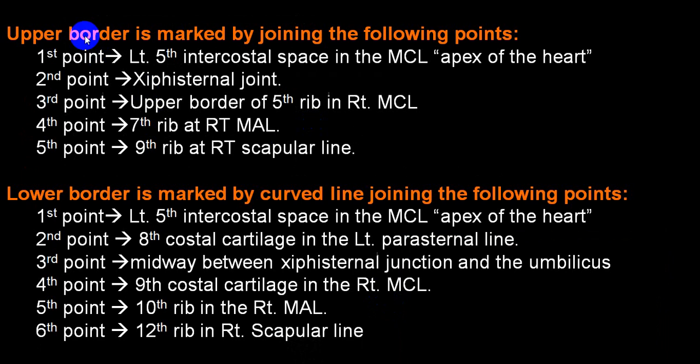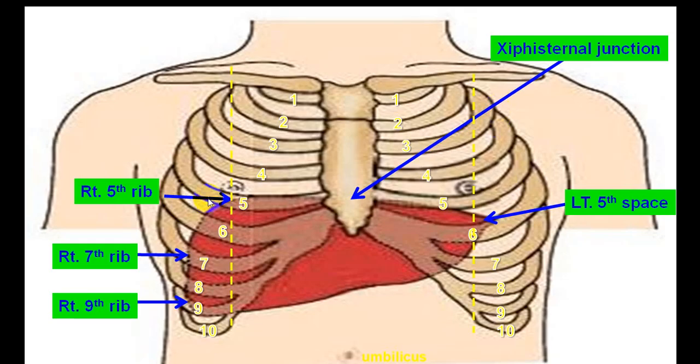The upper border, demonstrable by percussion, is in the 5th intercostal space in the mid-clavicular line. By and large the lower border is parallel to the right costal margin. This is in detail; you will have to mark out all the different points, so I'm skipping over this. At your leisure you can go through it. This is the upper border and this is the lower border. By palpation and by percussion, you can reconfirm it.